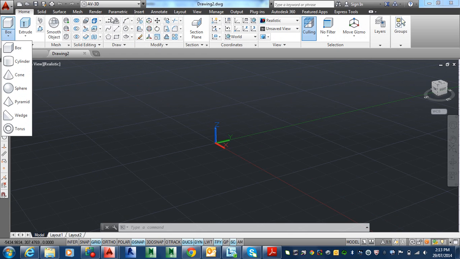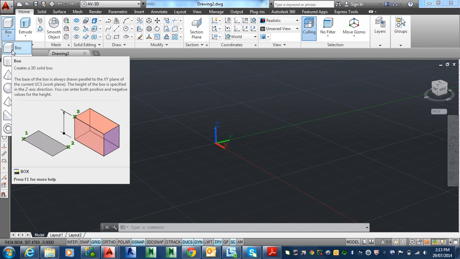sort of solids. By the way, I'm talking about solids here, which is different to surfaces. Okay, so you can have a box that's just made out of surface. It's basically empty inside, but this box here is solid, so we are able to get volumes out of it and work out the mass of something if we want to as well. So we'll teach you how to do that next week. So for now, I'm just going to teach you a few little commands like that so that you can understand